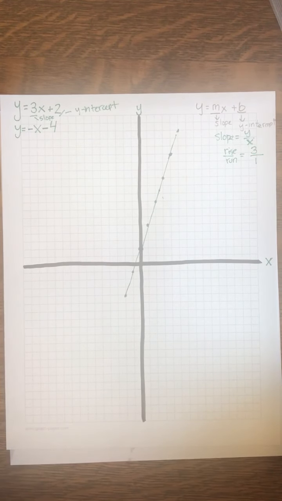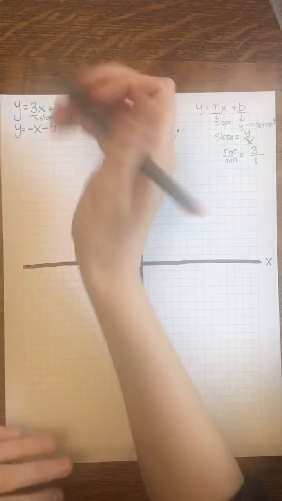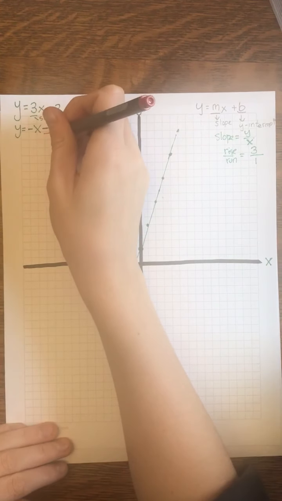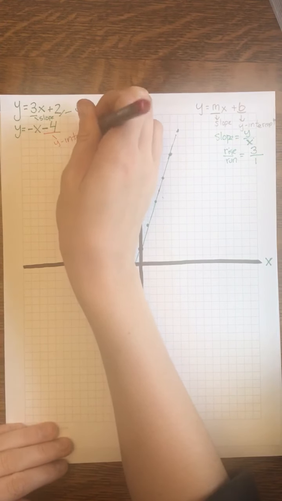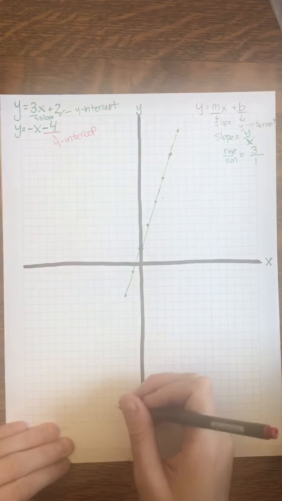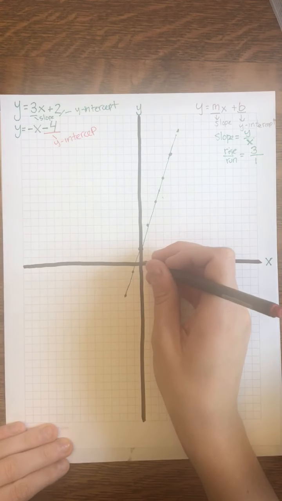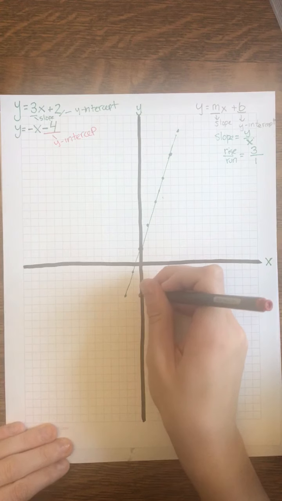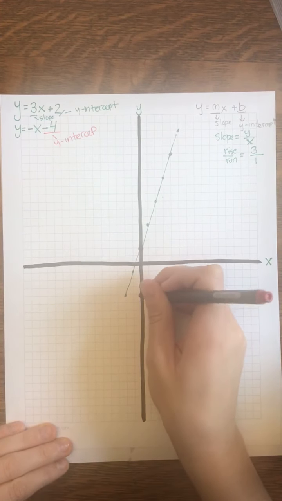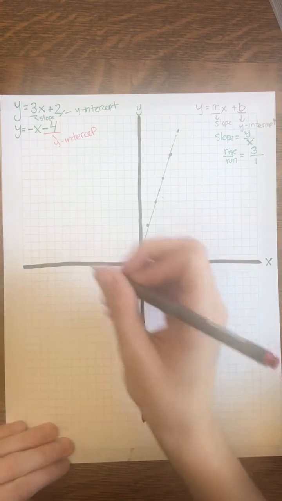Great. Okay, again, I can already tell that the second line is in y equals mx plus b form, or slope-intercept form. My y-intercept is negative 4. So the point where the line crosses the y-axis, the vertical axis, is negative 4. So negative 1, negative 4. I'm right here. Hopefully you can see that red. I'm trying to make the dot really big. And the slope